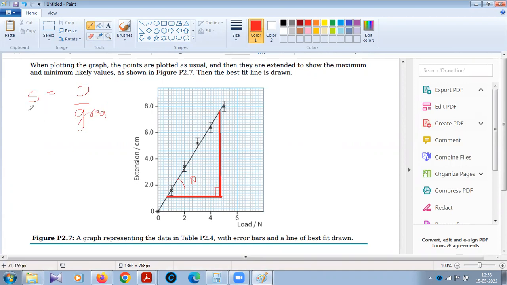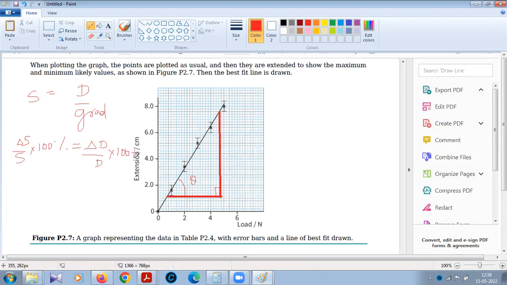So the percentage uncertainty we find like this: delta S by S multiplied by 100 gets it in percentage. That will be equal to delta D by D multiplied by 100